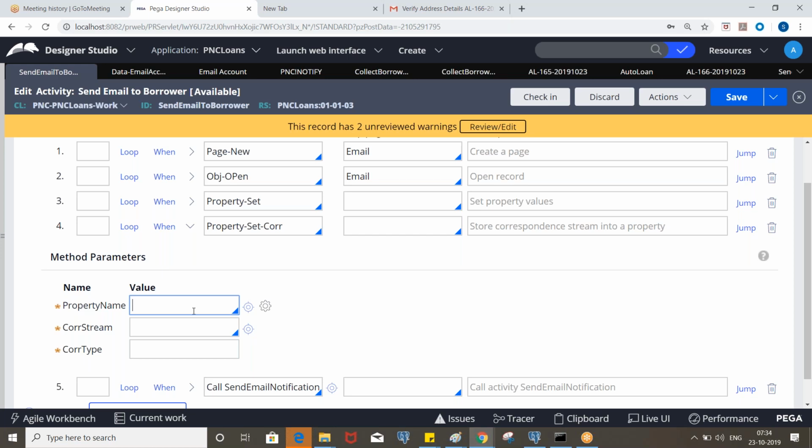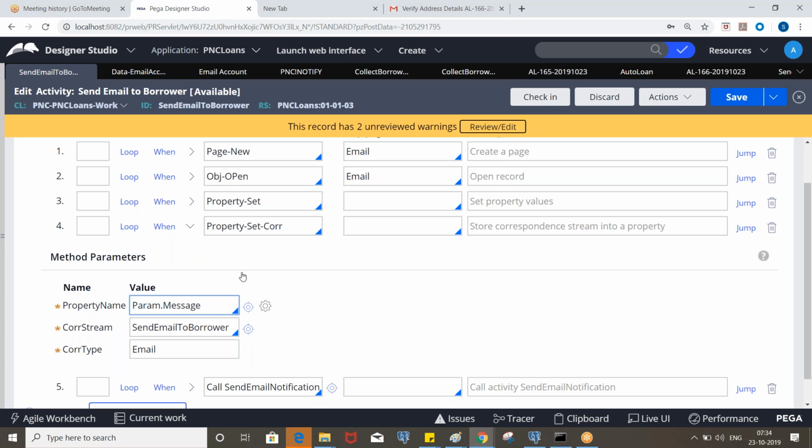Okay. So the correspondence tree is the name of the correspondence rule, that is the one which we created, and what kind of correspondence it is, email, the type, and to which property we need to assign this, either parameter or property. So param dot message.